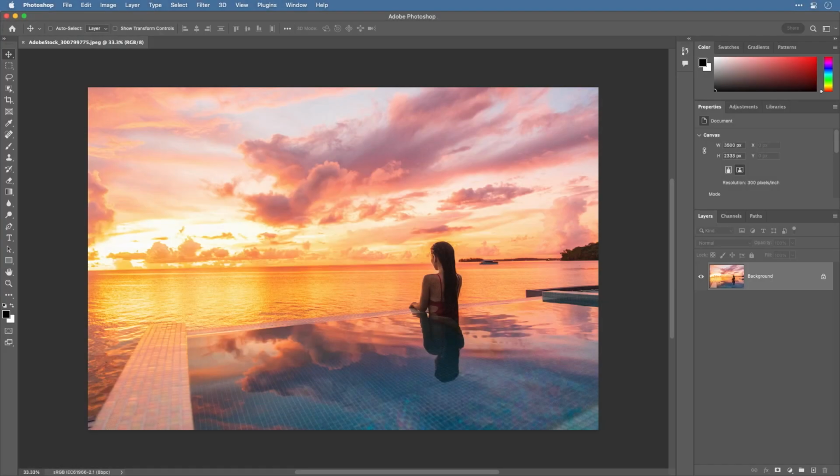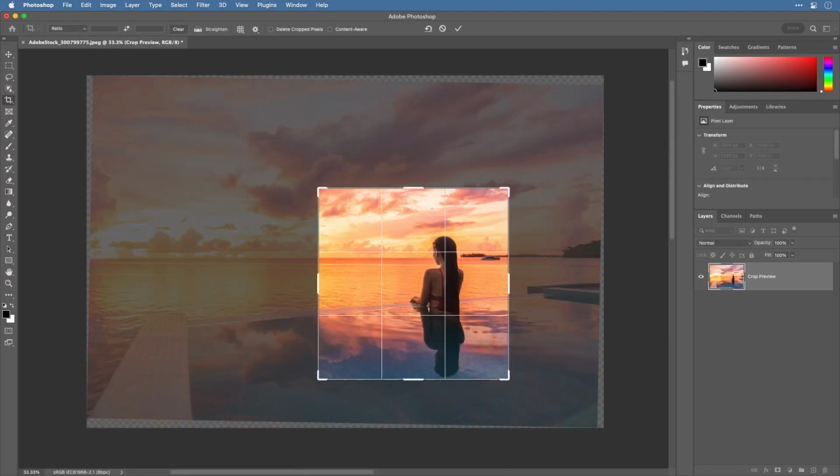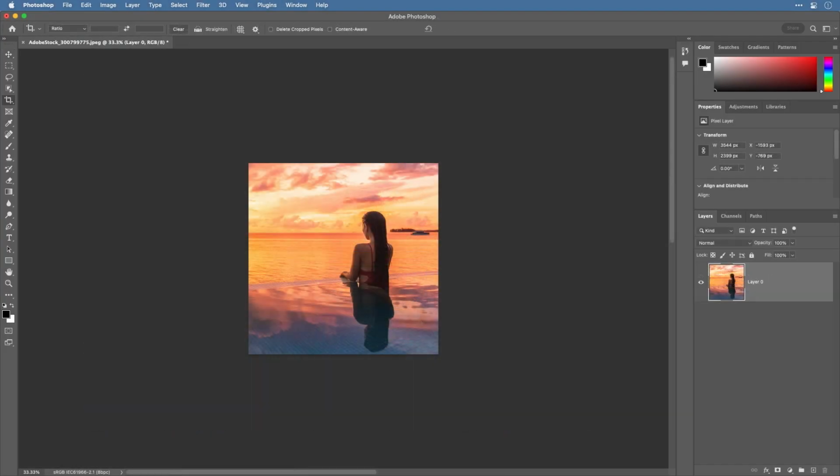When you take a photo, you frame it with your camera. When you edit a photo, you get another chance to frame it by cropping. I'm Jan Kabili from Adobe's Learn team. In this tutorial, I'll show you how to crop a photo in just 4 basic steps using Photoshop's powerful crop